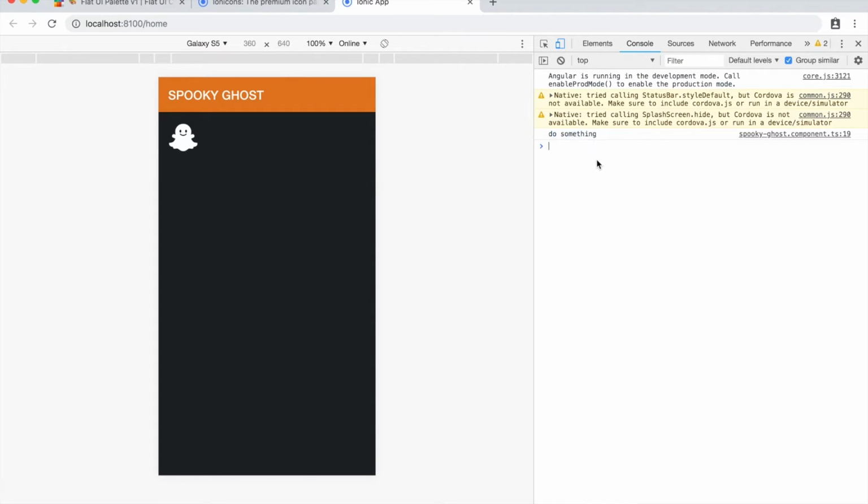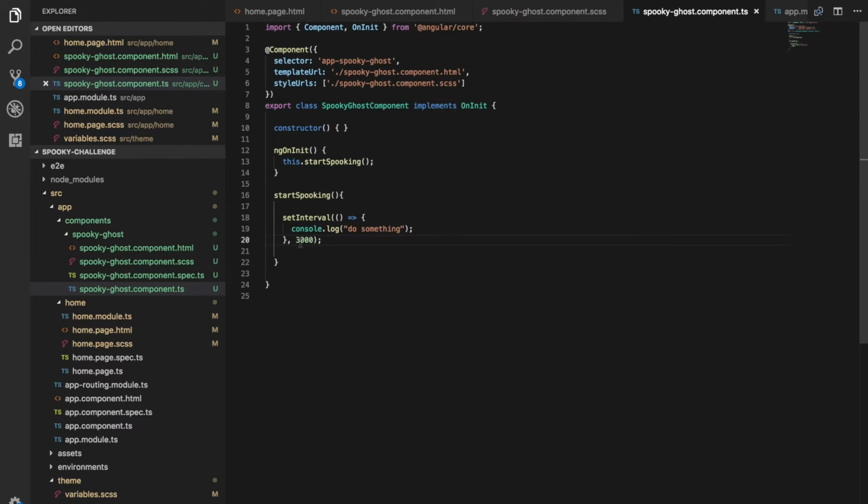So there's the first one. If we wait another 3 seconds, we should see it again. Cool. So I'm actually going to lengthen that a bit, make that 5 seconds. And then what I want to do inside of this, and this is probably going to start looking a little bit messy, but